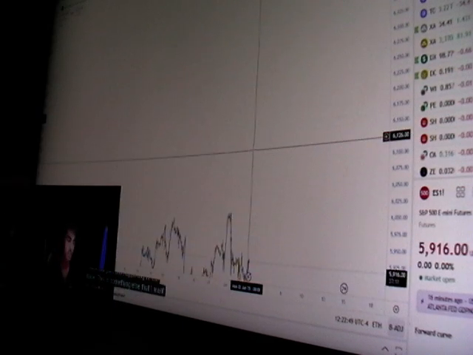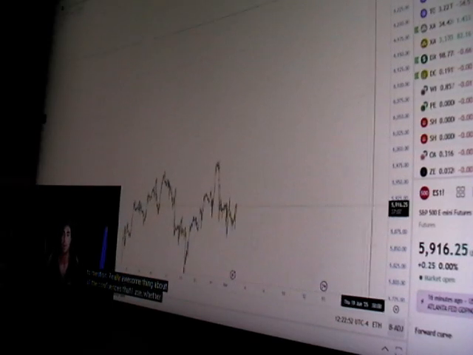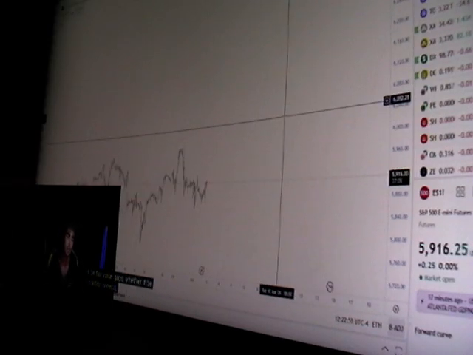This is something else that I want to mention. Really awesome thing about all the confluences that I use, whether it be fair value gaps or liquidity sweeps, these happen on every single time frame. So there's high time frame draws on liquidity, there's low time frame draws on liquidity. Liquidity is necessary for the market to move. Why? Because that's where orders are filled. Orders are filled by liquidity getting swept. So no matter what time frame you're trading on, this is applicable.